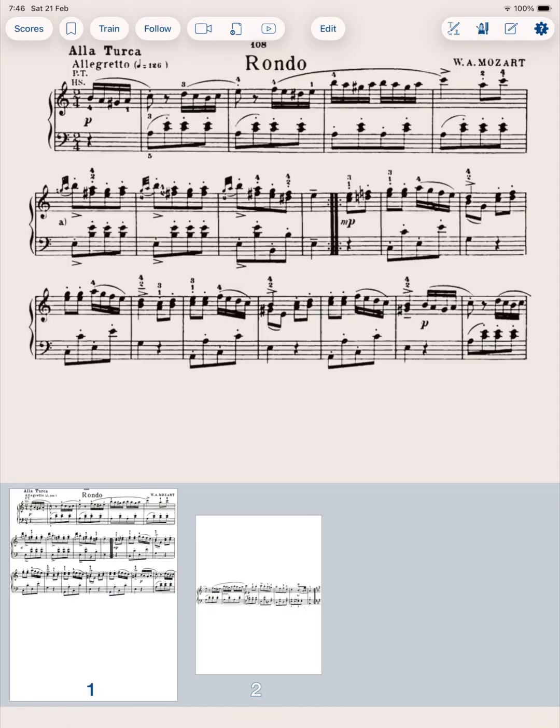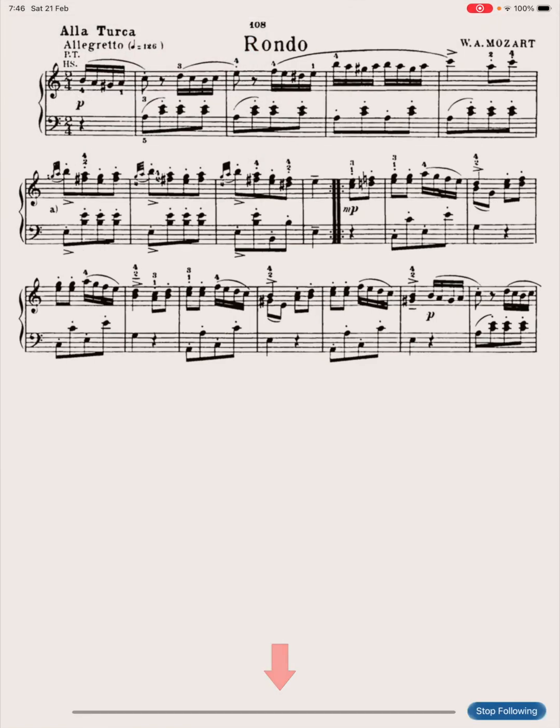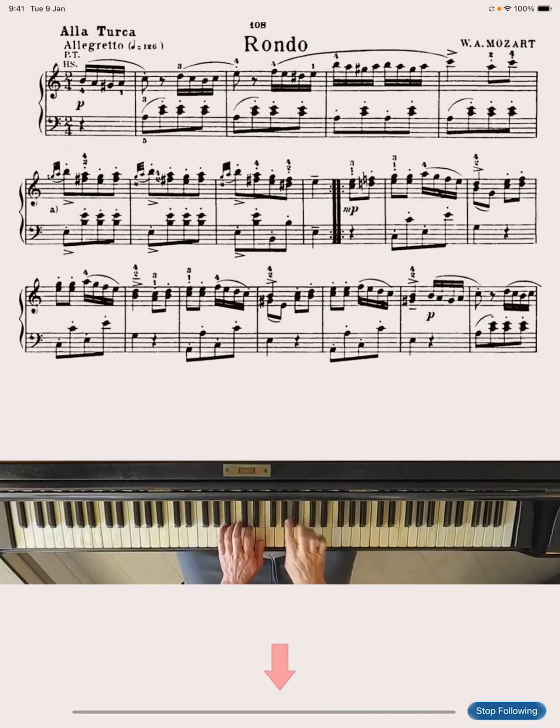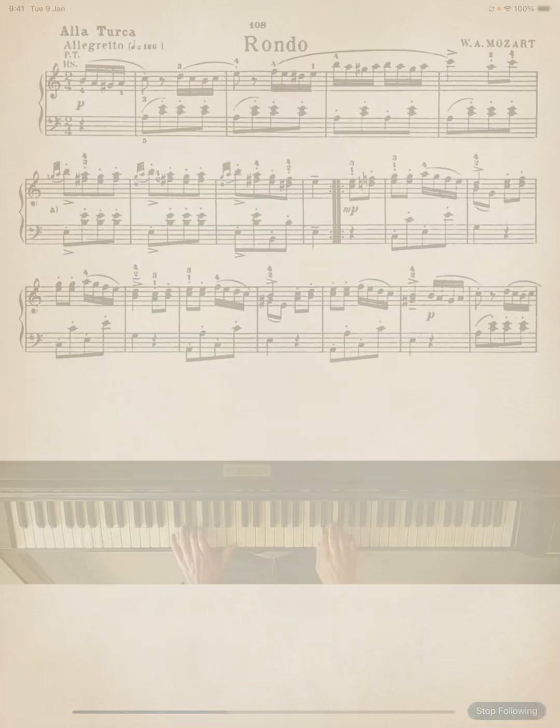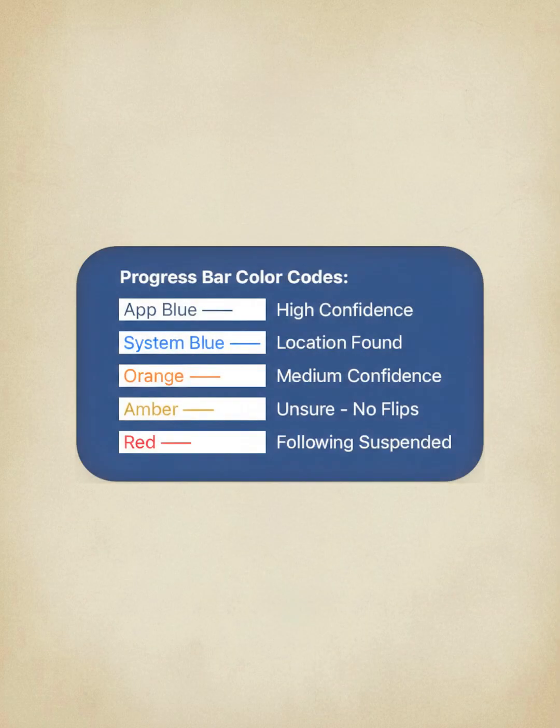At this point, you can already use Score Wizard's automated page flip capability by tapping Follow and then Follow with no cursor. When you play the piece, you will see a progress bar below the score. When the bar is in a dark shade of blue, it means that Score Wizard is following you confidently. When the bar is a lighter shade of blue, it means that the app just locked onto the current passage